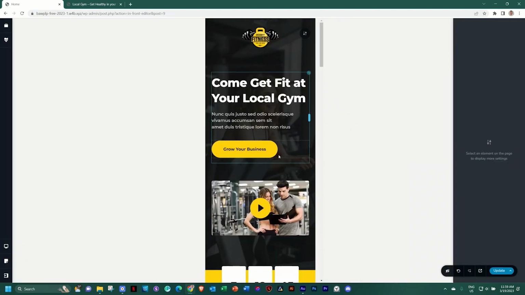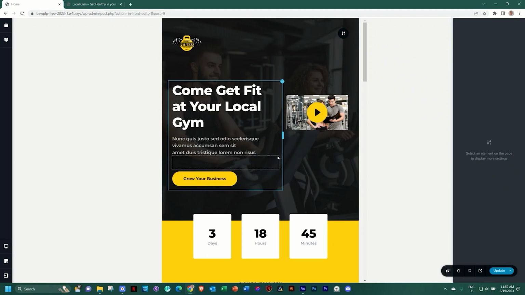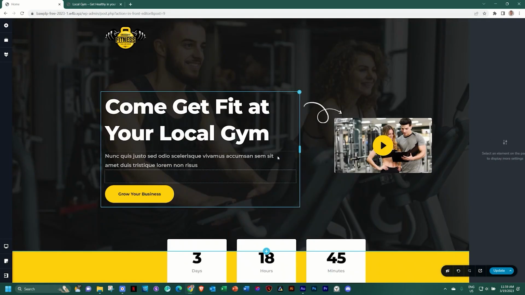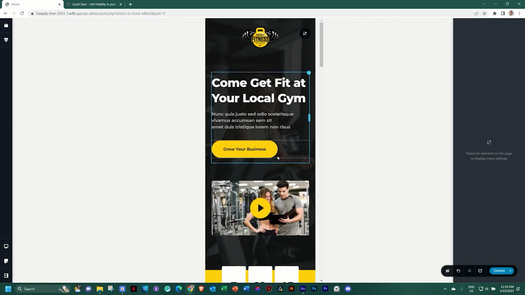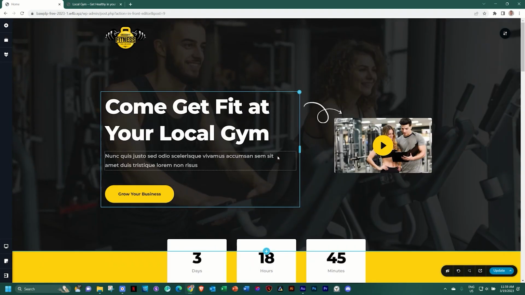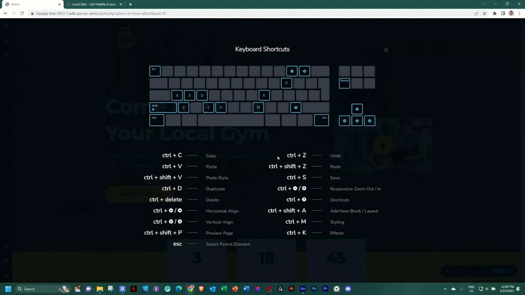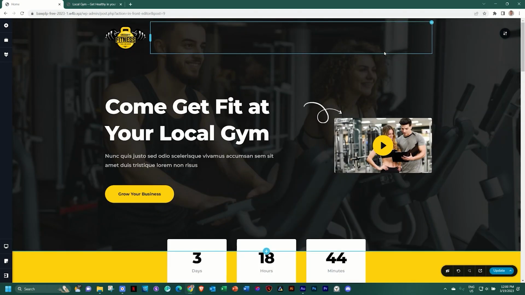So if we test it, if I hit Control Command plus on my keyboard, I go to tablet, Control Command plus again, I go to desktop. If I do the minus, it goes the other way around. And when you get to mobile, you can hit Control Command minus again, and it will start again at the desktop. I use the shortcut all the time, so something you can also learn. And then you have to remember that the shortcut keys also have a shortcut, and that is Control question mark, Command question mark. Not that many that you have to memorize, and the more you work with them, the easier it will become. Let's close this out, and now we're going to bring in a new block so we can